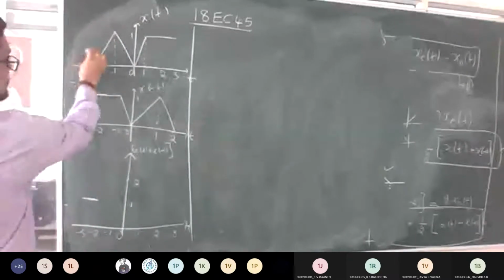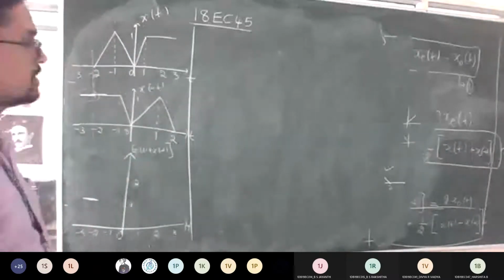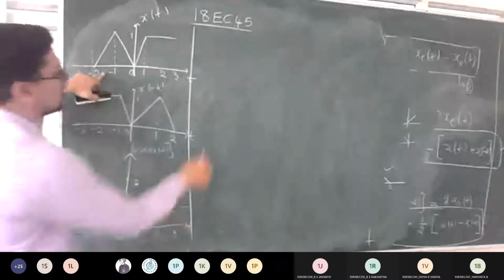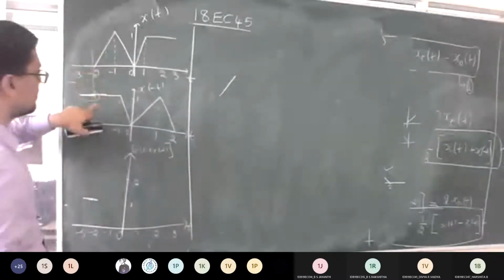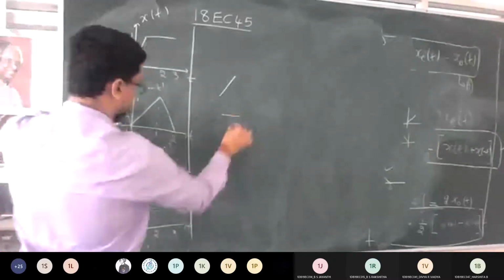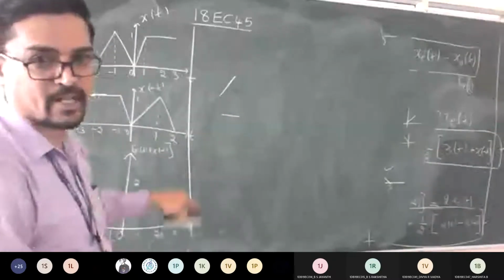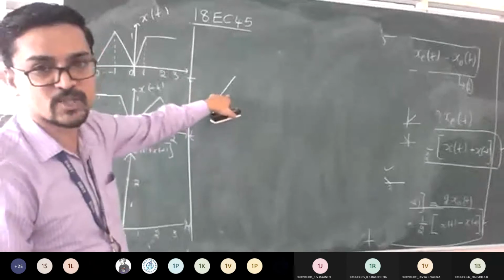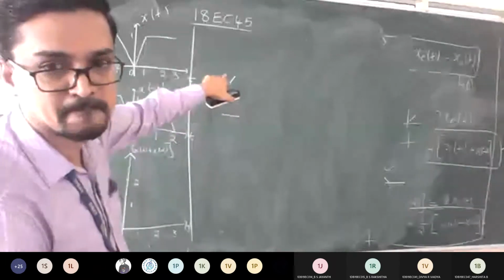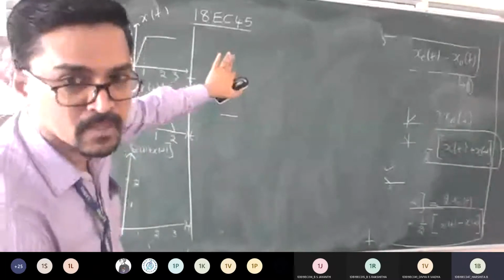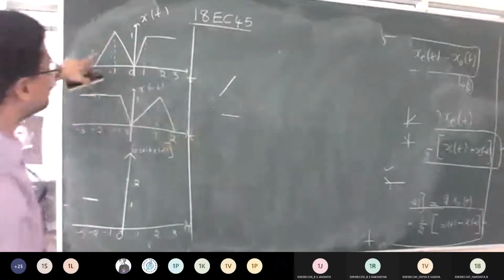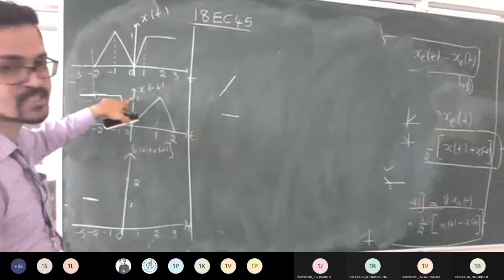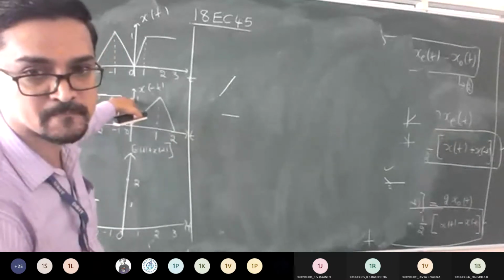Okay, so now this part is over. Next, -2 to -1. Look here, -2 to -1. Here the signal is rising in this way. Here the signal is constant. So always remember, whenever you are adding a rising edge or falling edge with a constant, the priority should be given to the rising edge. Am I clear? So now, what is the amplitude? The amplitude is 1 here, and here also the amplitude is 1. So 1 plus 1 becomes what?